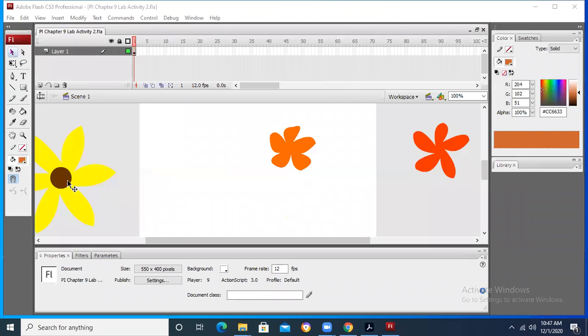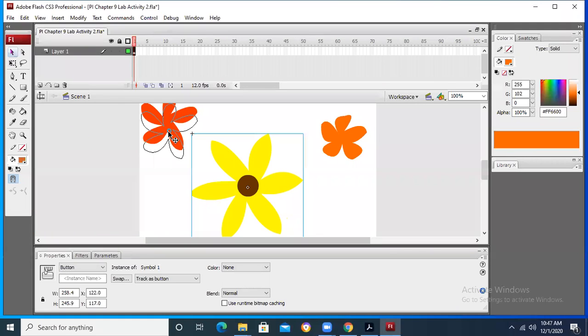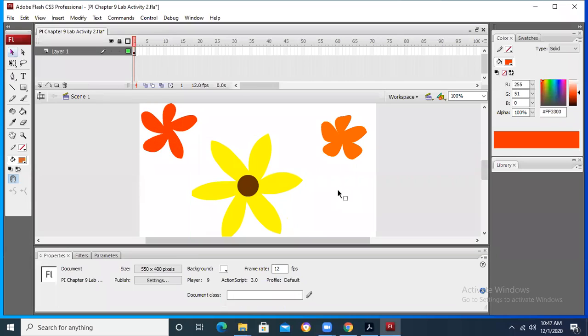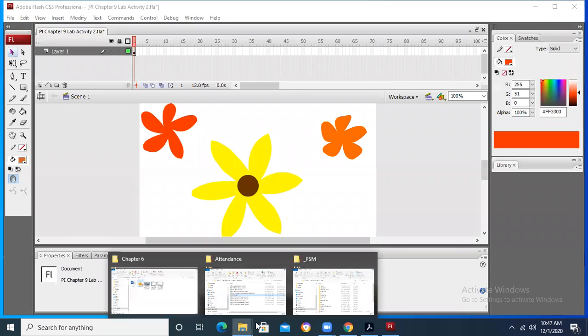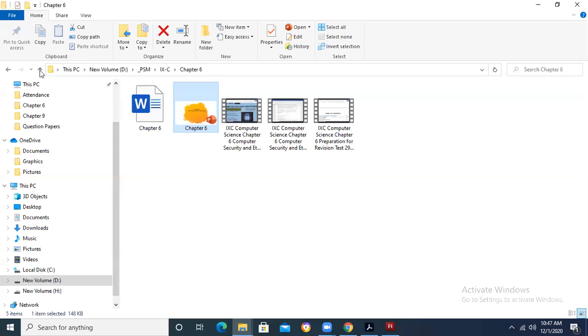In this activity we were supposed to make some flowers. If you remember, we had made this flower and this design and this design. This was basically the last lab activity, and I had explained this in the last class. Basically, this is given on your book's page number. Let me open the book over here as well. If we go to the book,